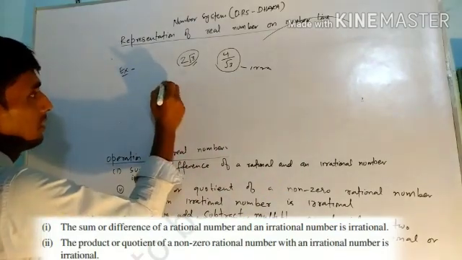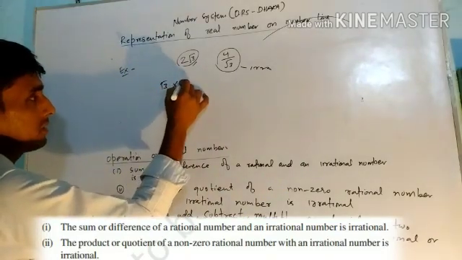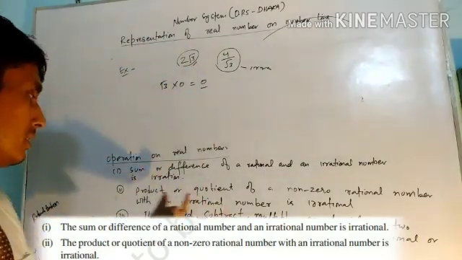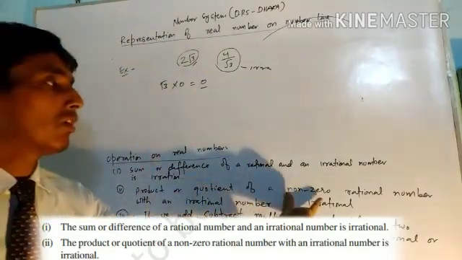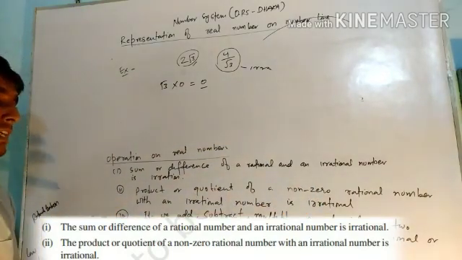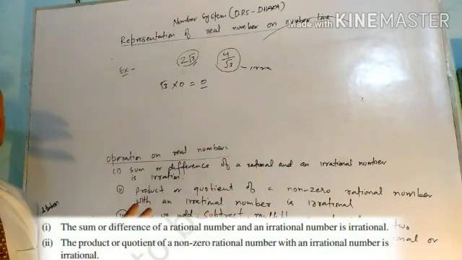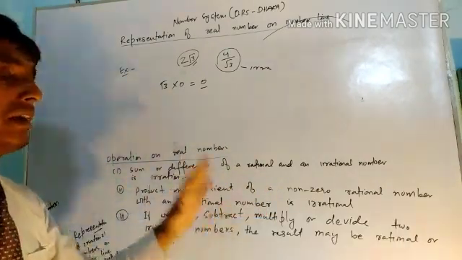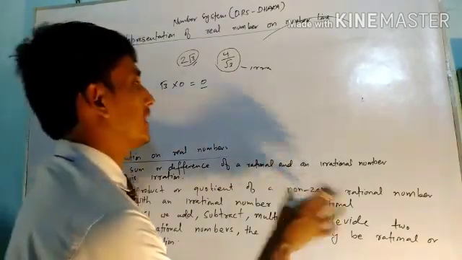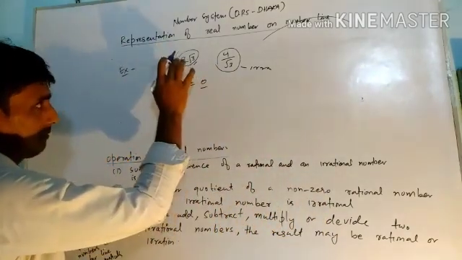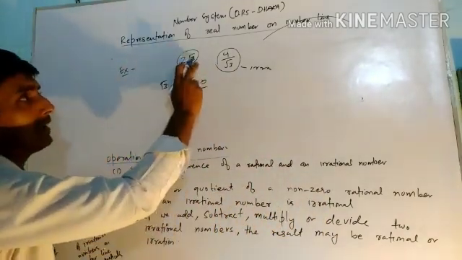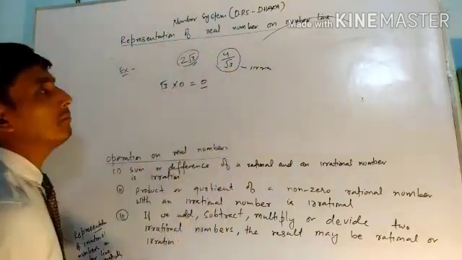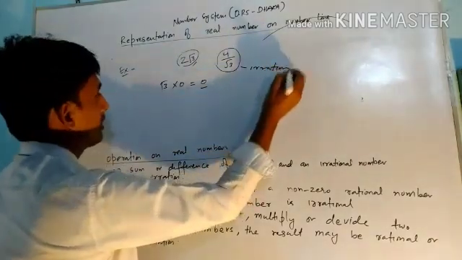If you multiply any rational number with 0, it will become 0, and 0 is a rational number. So this point does not apply to zero; it applies to a non-zero rational number. Any non-zero rational number, if multiplied with an irrational number, will become irrational. That is the point. Any rational number, if multiplied or divided with an irrational number, the result will become irrational. The third point is,